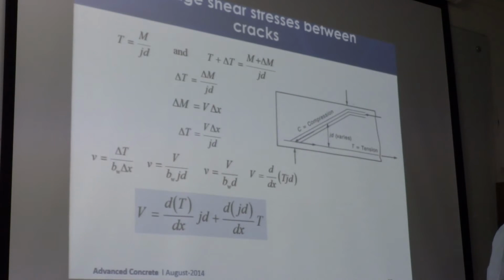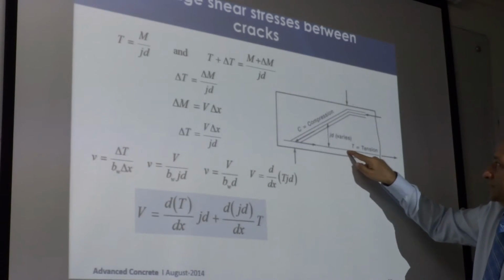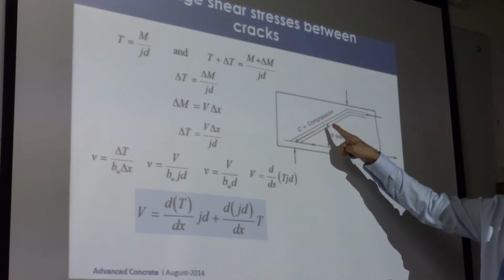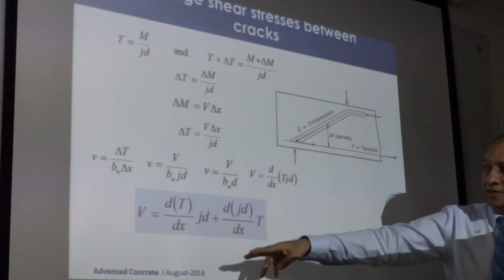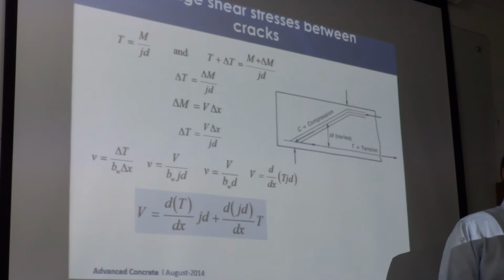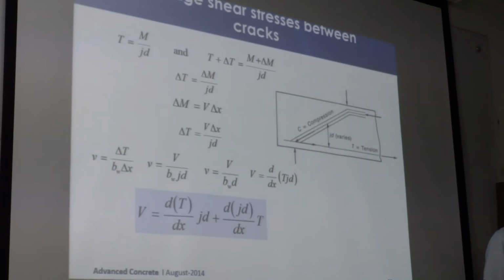When you read the code, you will find that this is the basis for deriving those equations. So we have a compression here, we have a lever arm, we have a tension here, they form a couple, and based on that they can resist moment and shear together, and after that simplification we can come up with that equation. What is interesting to see is T, the reinforcement that we provide also contributes to the shear design or shear strength,